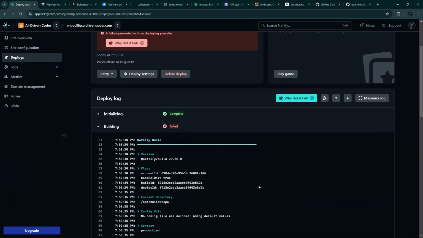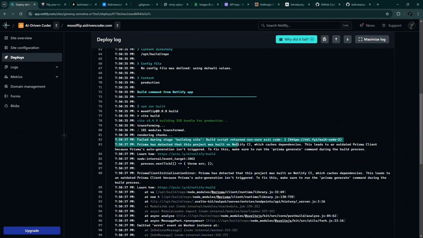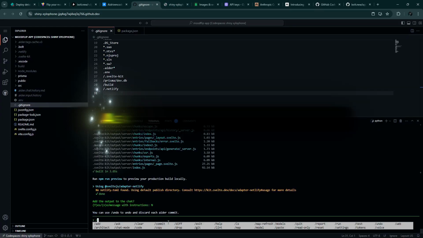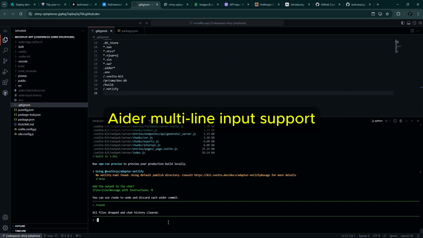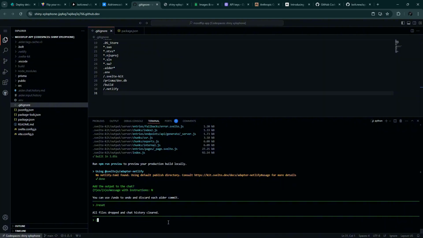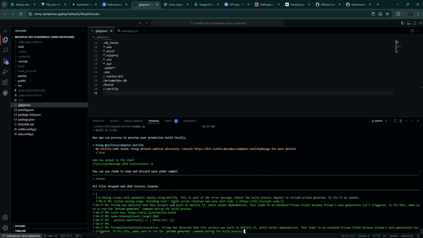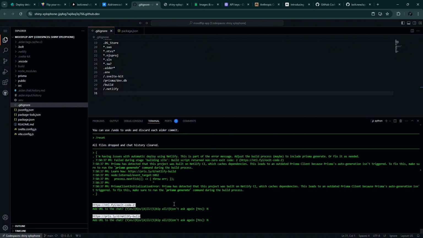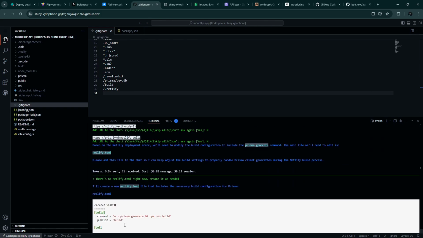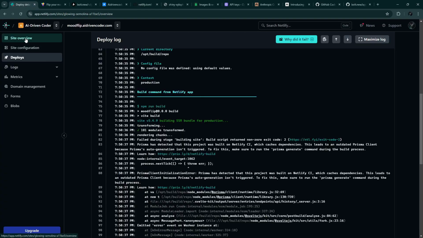It's initializing, failed again. So why? It's failing because of a different issue. Let's copy over this message, go back to Aider and reset everything, and then let's start the prompt with curly braces. So this means that we can enter multiple lines without sending the prompt right away. Paste in the issue, enter, and then close the prompt with the closing curly brace and then press enter. No, I don't want to do that. This one also. Okay, we don't have that file. Okay, create a file. Alright, and then let's push, which will trigger a new deploy.